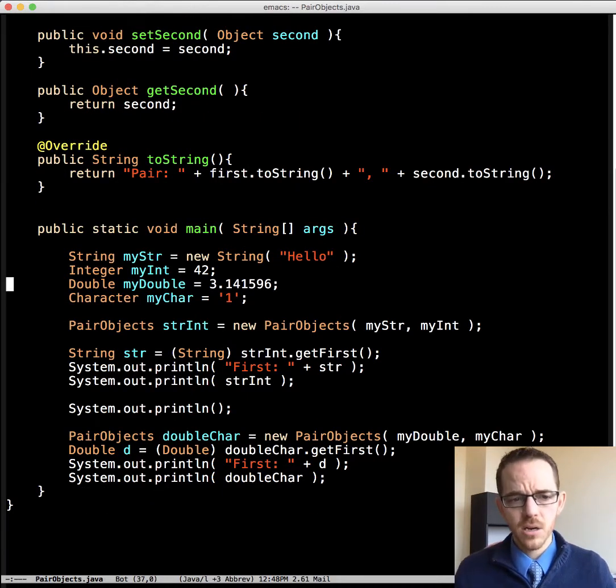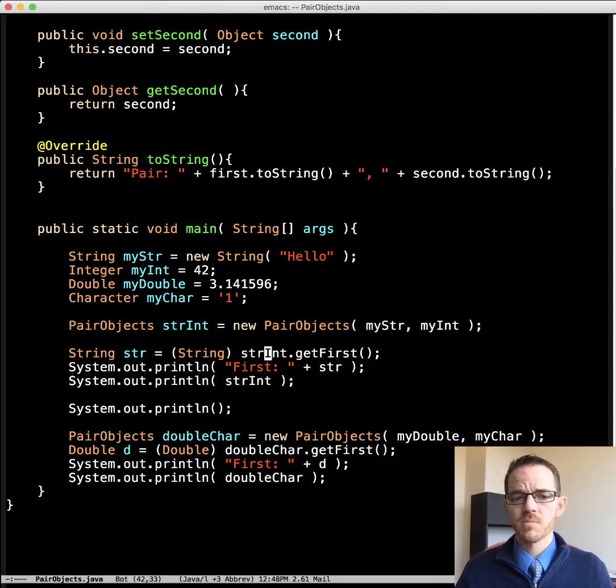In main here, we're creating a string, an integer, a double, a character, and we're going to put a string and an int into pair objects, and since a string and an integer are children of the object class, then it's fine.